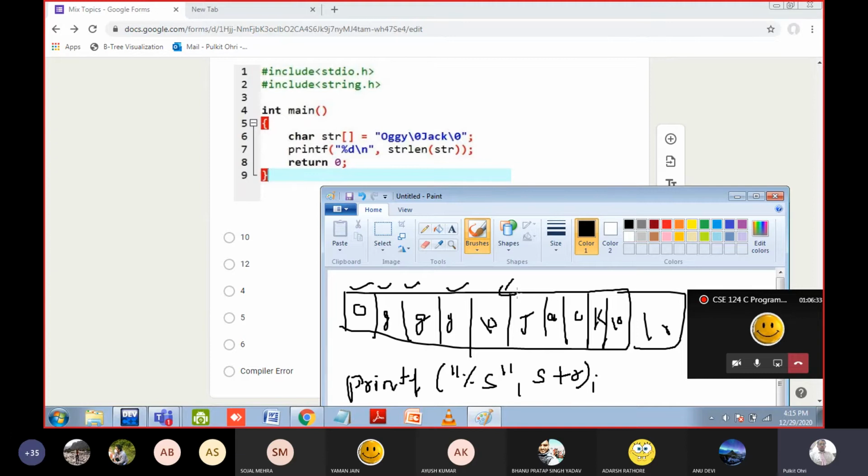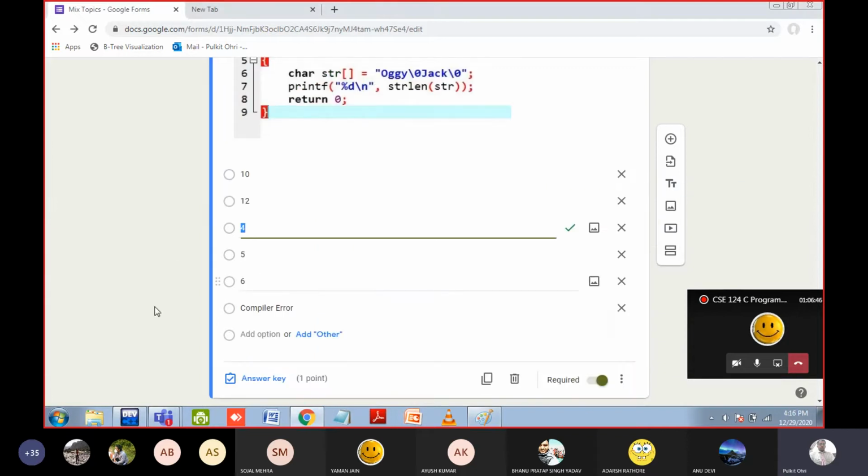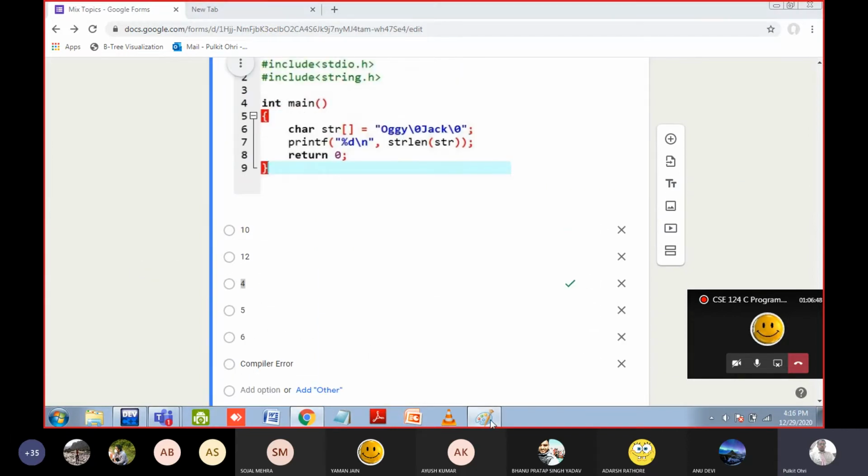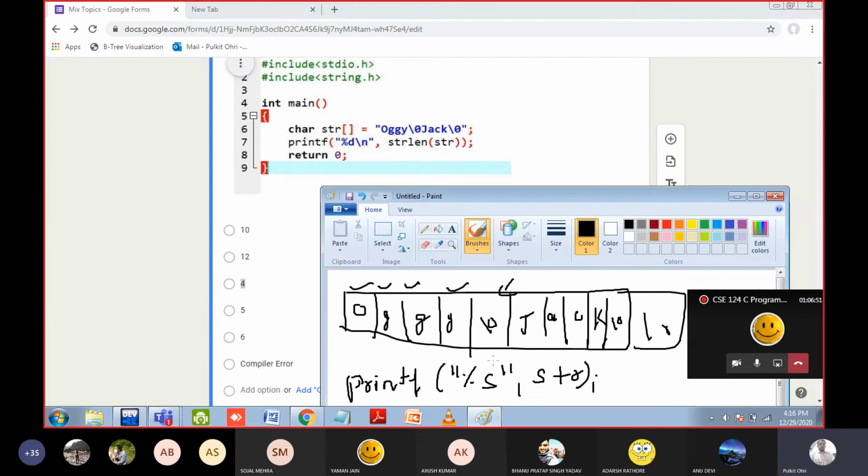Similarly, here we are not printing to the screen. We are just checking the length of the string. Whatever gets printed on the screen, you have to find its length. How many characters are there in Augie? 4, so option number 4 or option number 3 is the answer. Two functions are there now, strlen and sizeof. If I had used sizeof, 5 would be the answer, but I have used strlen, so only characters are counted, not the null character.